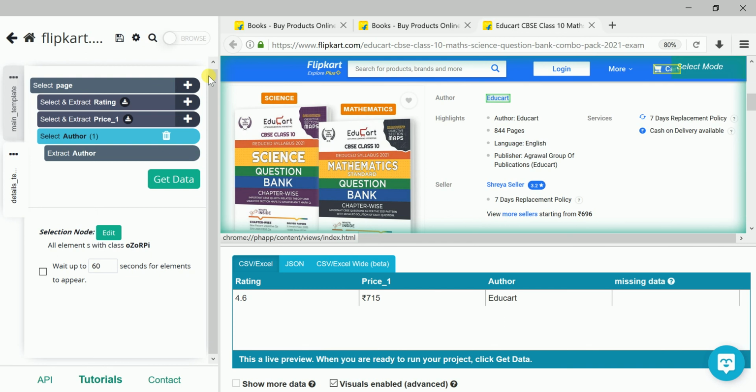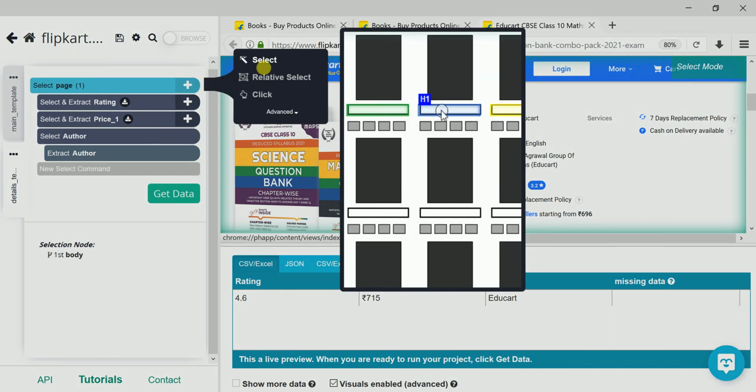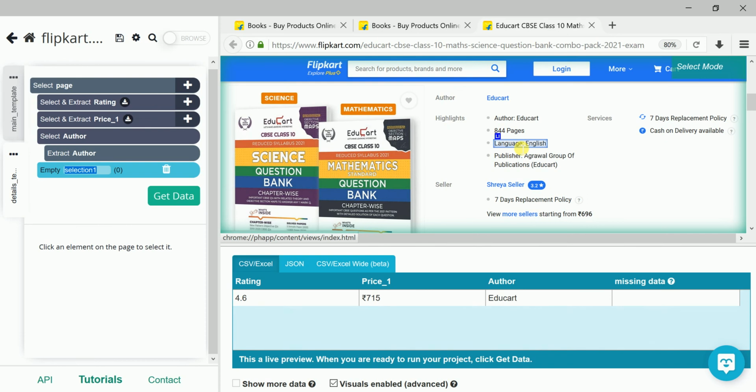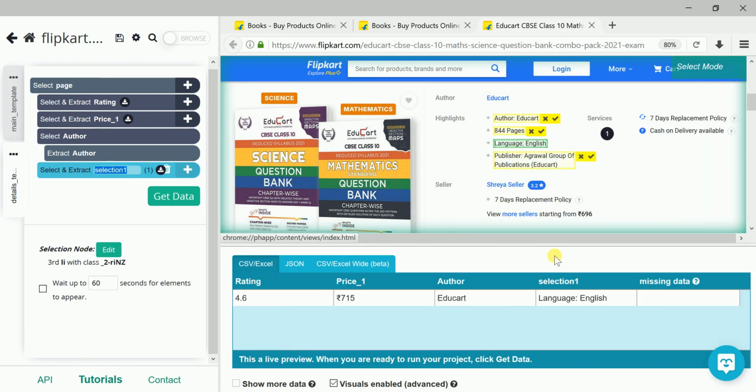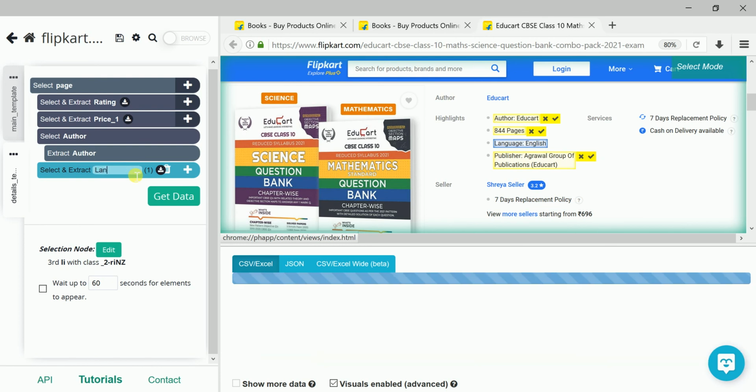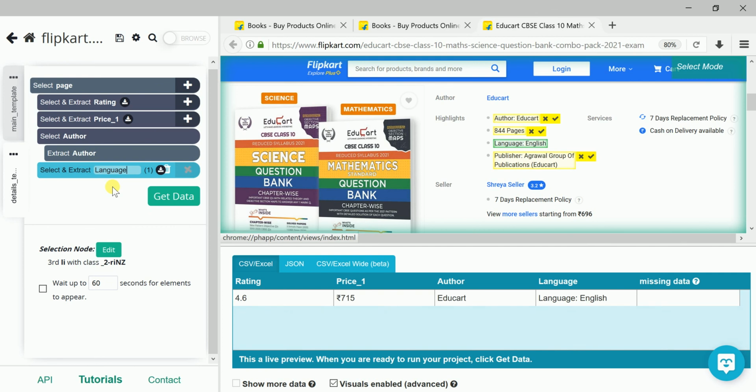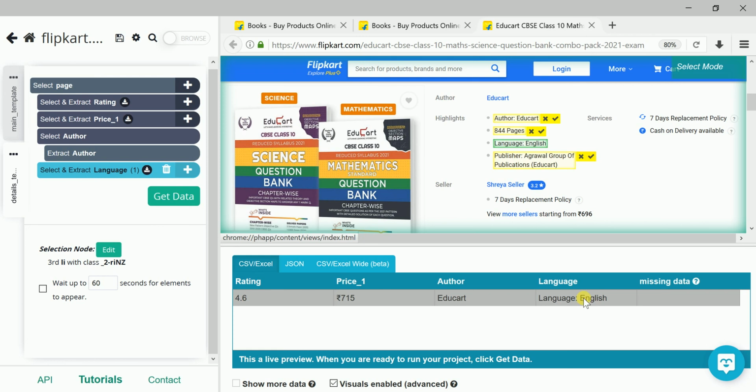How you can do it is just click here, select, and you will get the language also. Okay, language. What you can do after extracting the data is, in Excel, split with a space delimiter so that only the English part remains. With the space delimiter, it will give a second column, then you can delete the language column. Okay, this is done.